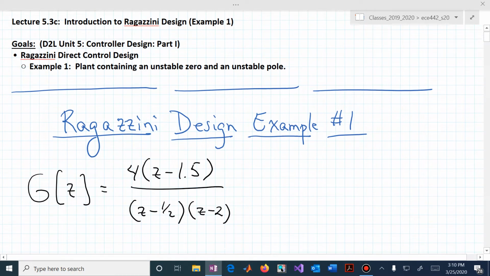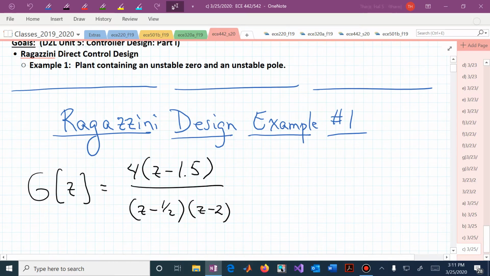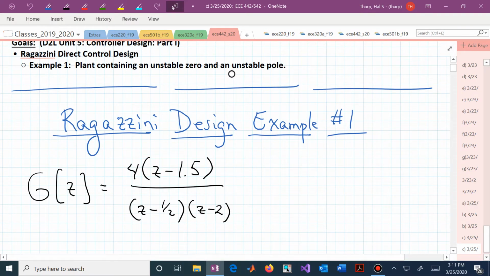And what I want to do in this part of lecture 5.3 is actually work through an example. The example we're going to start with is this particular plant, G of Z. It's second order, it has two poles, it has one zero, and you can start to see some of the issues that might arise when we're going through these restrictions on the Ragazzini design approach. You can hopefully see by the factored nature of this particular transfer function